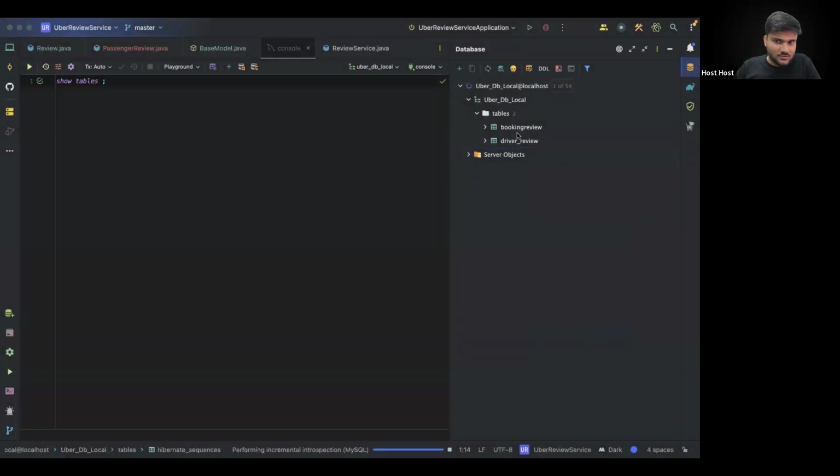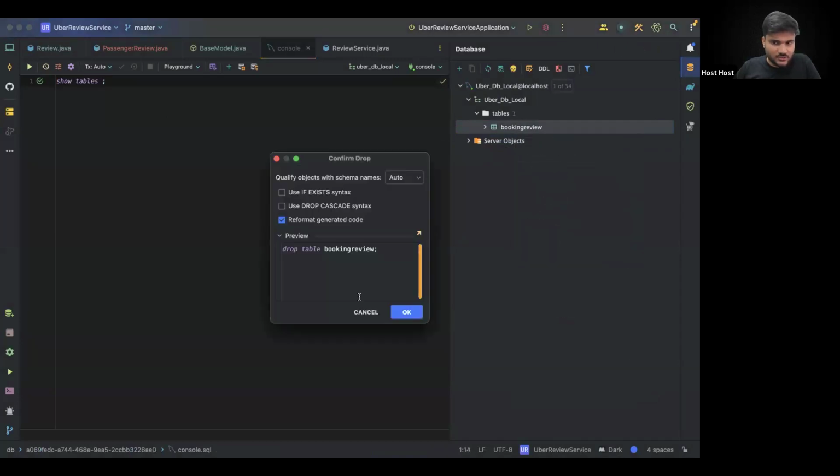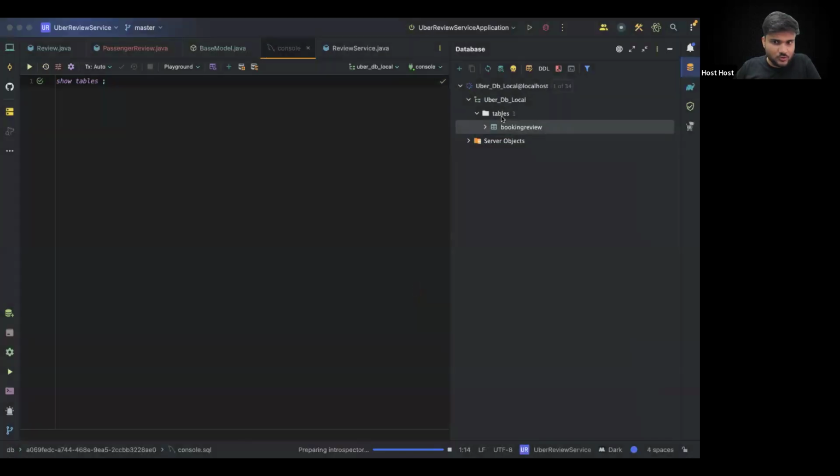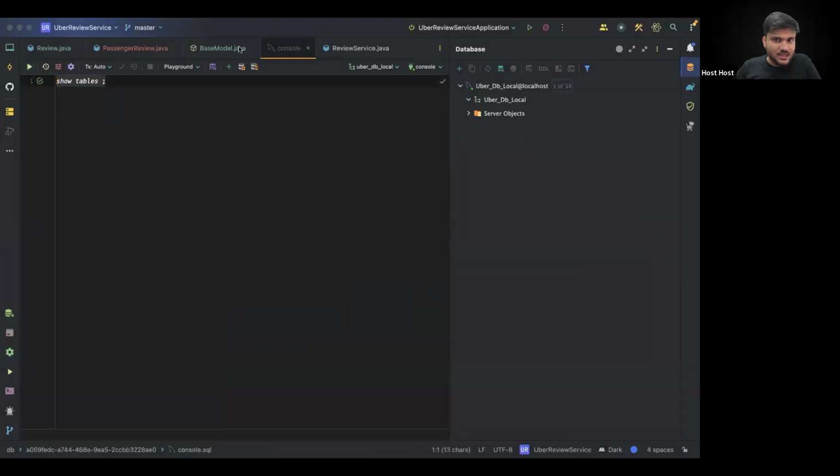Again, you have just some small cool features. Or you could have directly dropped it from the command line here as well, or the terminal, whatever you need. Drop. Okay. And you can see now no more tables are there. If I now do show tables and run it, you can see there are no tables coming up as it is. And now if I run my service,